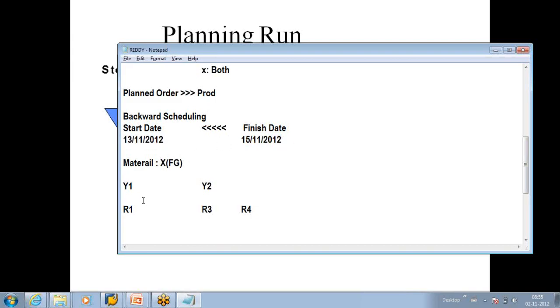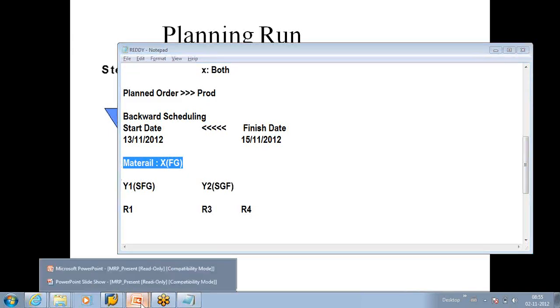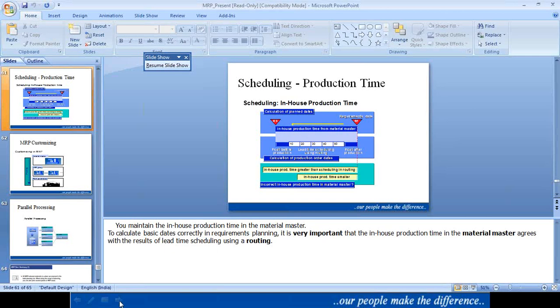And okay, what about the semi-finished product? Do I have the semi-finished product in stock or not? That has to be known or checked by the system, right? If I don't have the semi-finished product in stock, how can I produce the material X? It is not possible, right? Yeah. So the system has to check all those things. So that will be checked by the parameter, the last parameter, which is known as